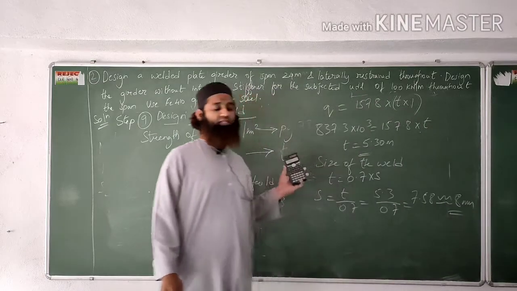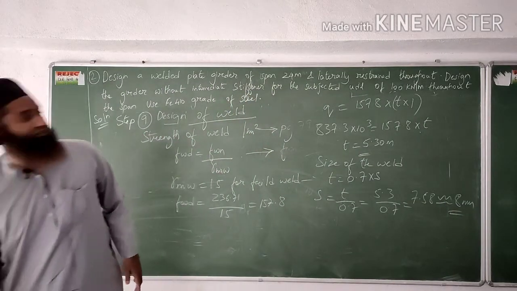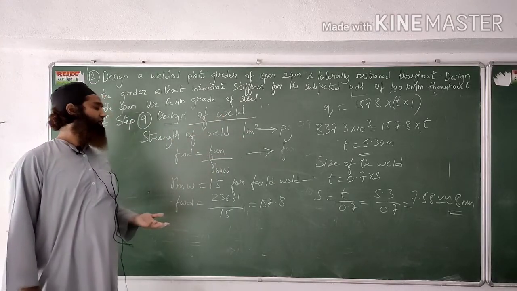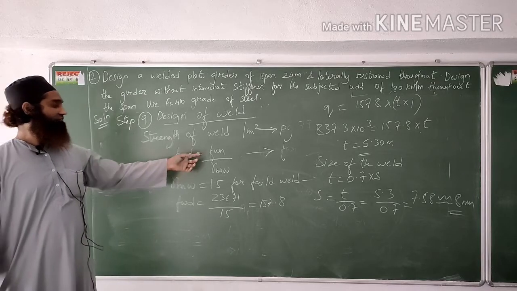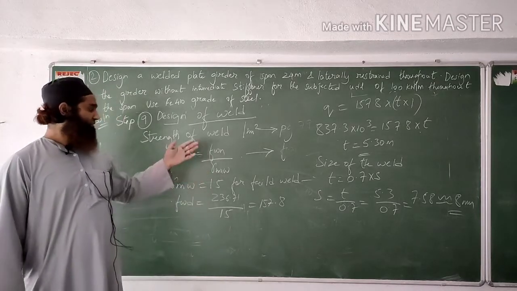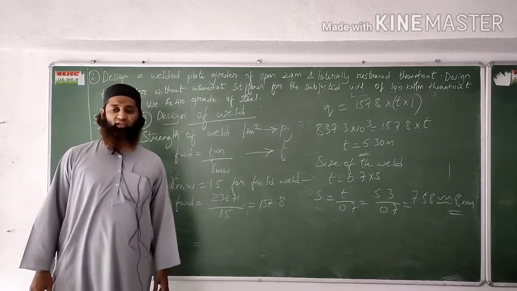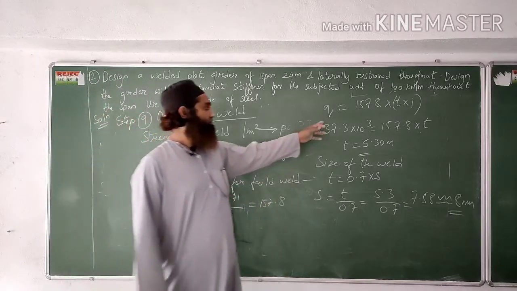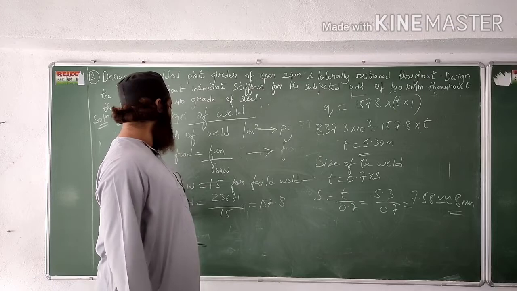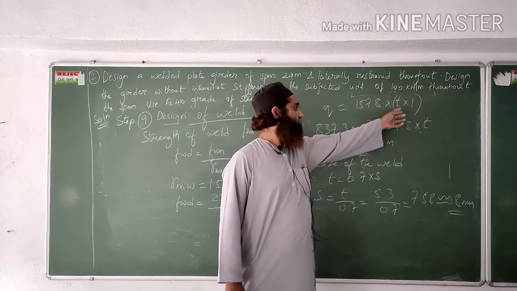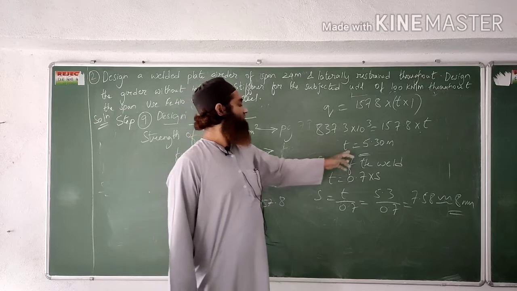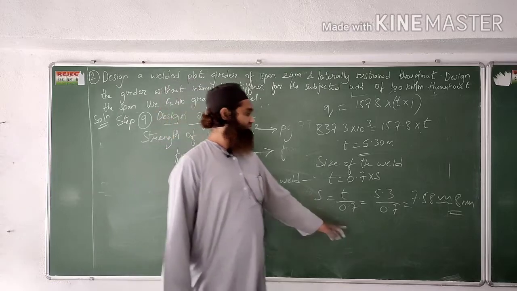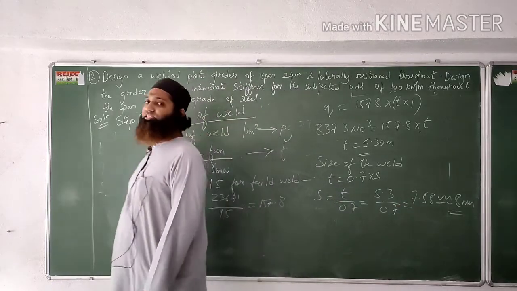So hope all this is clear. We have finished the problem here. We have completed design of the weld. Strength of the weld per mm is given in page 79. FWD is equal to FWN by gamma MW. FWN we had calculated, that is FU by root 3, 410 by root 3. I have got that value as 157.8. Q has been given by Q is equal to FWD into T into 1. T is throat thickness. I have just substituted that value. T is equal to 5.3. Size of weld is T is equal to 0.7 into S. S is the size of the weld, that is we have got as 8 mm. Hope this problem is clear to you all.